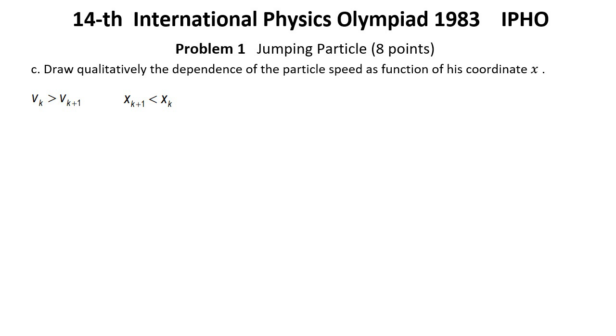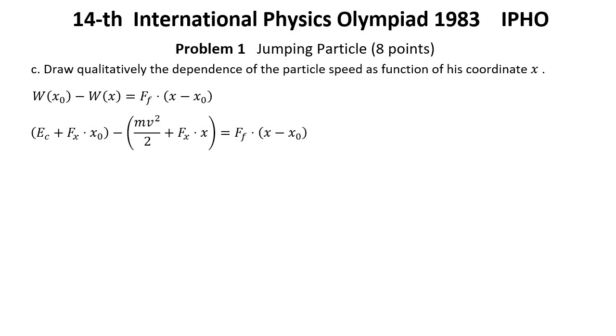During this motion the energy is dissipated due to the friction. The total energy W(x), for the positions x between x0 and x1, verifies the relation W(x0) minus W(x) equals Ff multiplied by (x minus x0), the position x lying in the domain between x0 and x1. When the particle moves from x0 in the positive direction of the axis, the relation becomes the next expression. So we have, using the provided data,